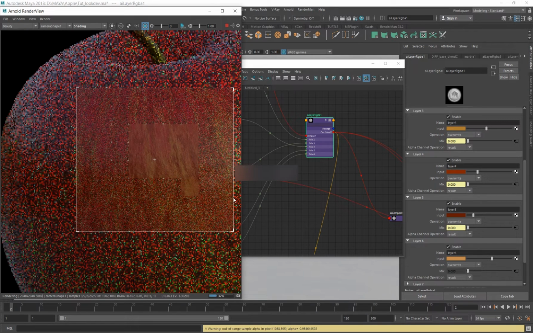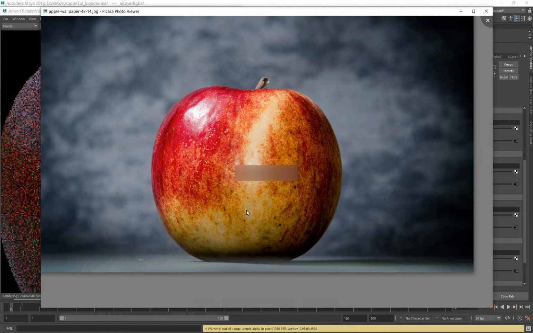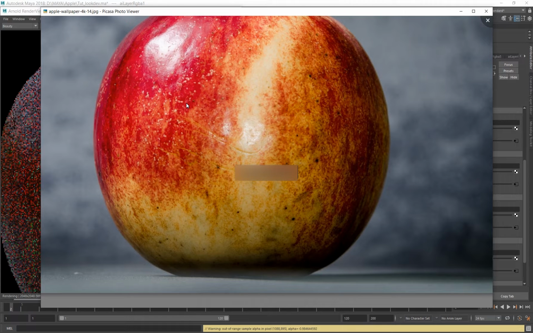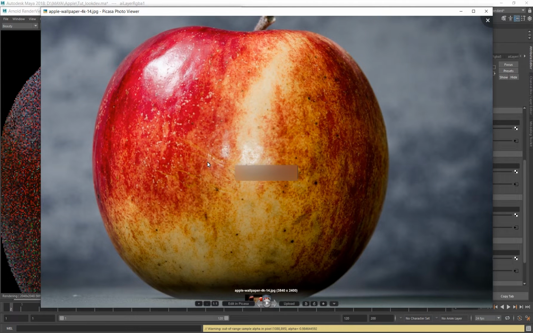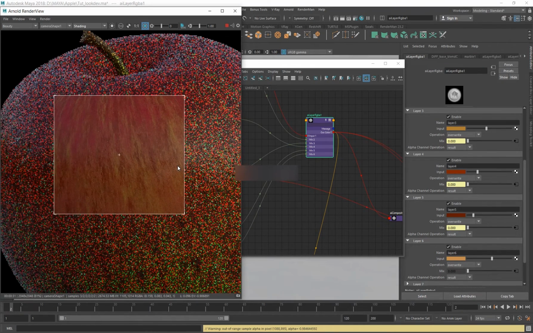For me, from the beginning onwards, I wanted to create these particular details. I was mainly focused on three details: the base, the main variations, the stripes, and these dots. Those are the main three variations I wanted to create for the apple. That was the only thing I was focused on, and that was my aim for the procedural shading or texturing.